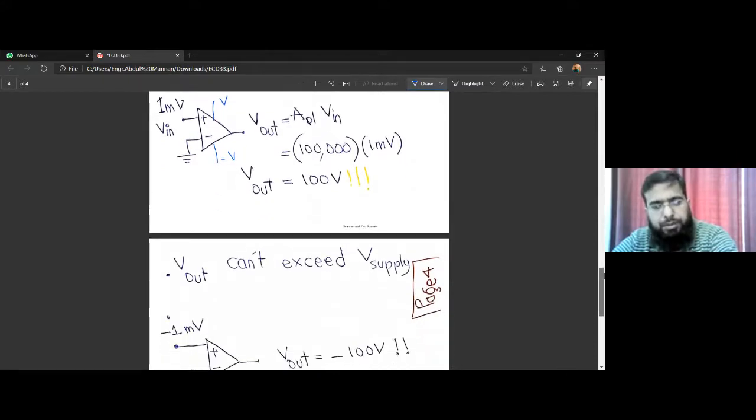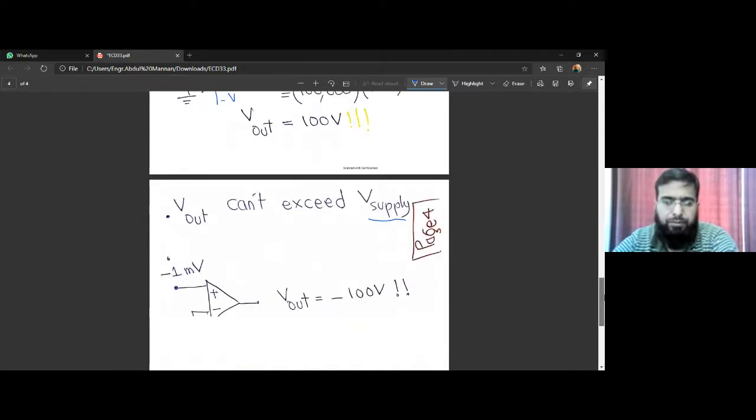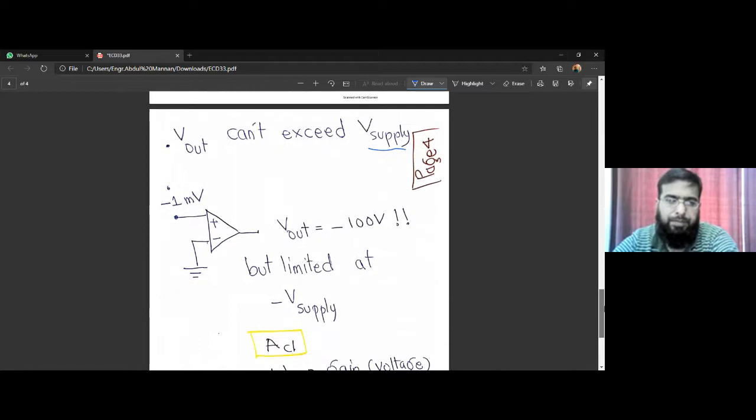So Vout cannot exceed V supply. I have also mentioned it here. It cannot exceed the DC biasing or the supply voltage. In the same way, if we apply a negative voltage, the output would be negative 100 volts, but it cannot be. It will be limited at minus V supply. So to avoid these clippings,